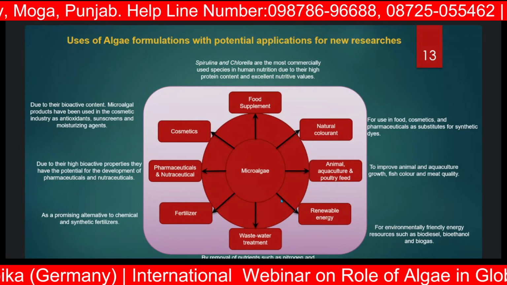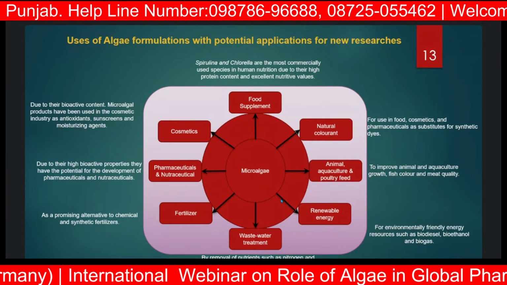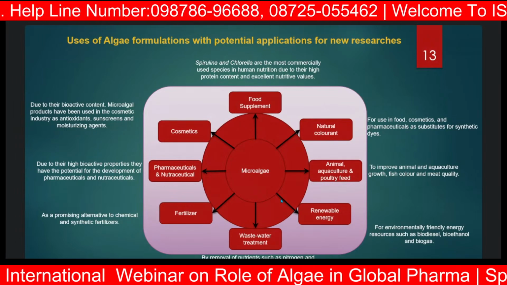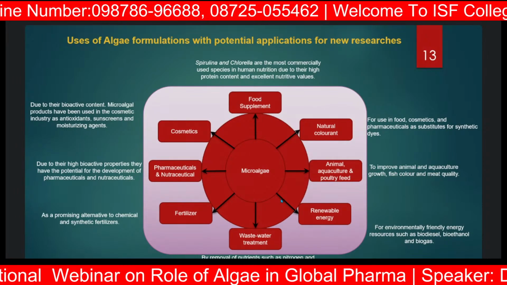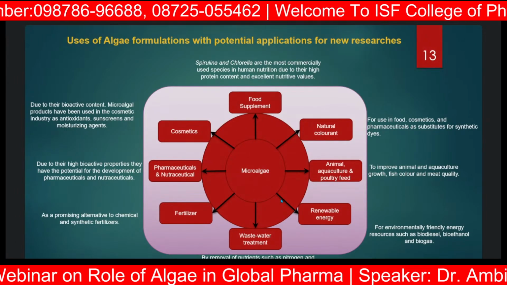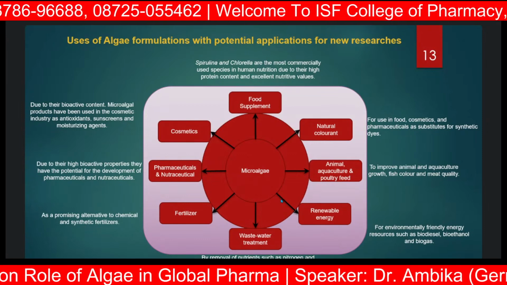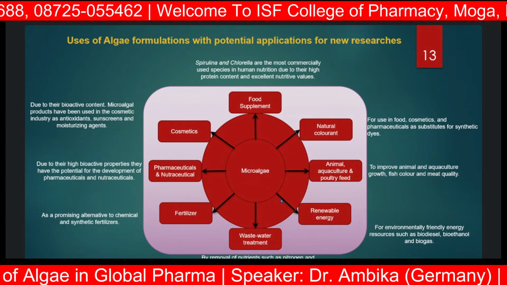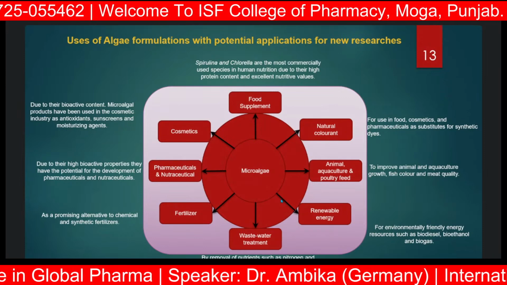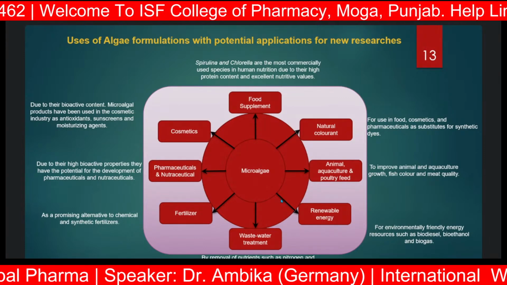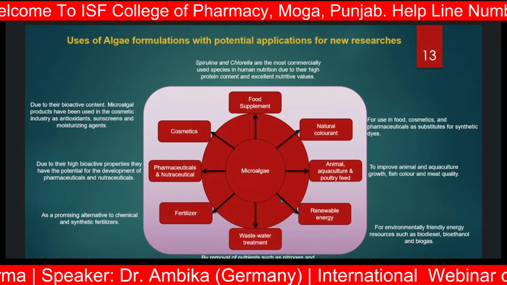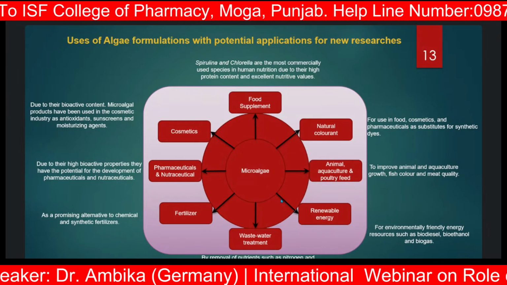Because nitrogen and phosphorus, which we consider poisonous for the pond and the water, are a nutrient for the microalgae. That is the purpose for which we use microalgae in wastewater treatment also. This microalgae will take up this nitrogen and phosphorus to prevent the eutrophication and water pollution